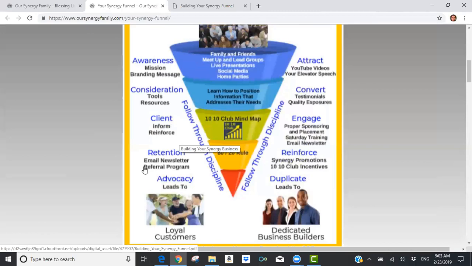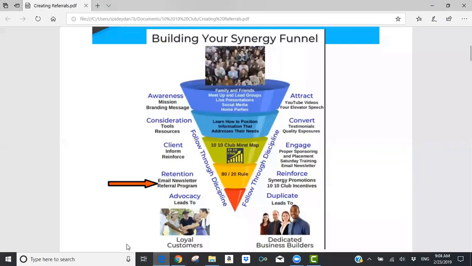Well, today we want to talk about a referral program. So let's go back to today's presentation. We want to look at how to create a referral program that will continue to place people into the top of your funnel, and you'll find that your referrals will go through your funnel a whole lot faster than initially new people that you might come in contact with to create awareness and attract them to you, because a referral has a different level of